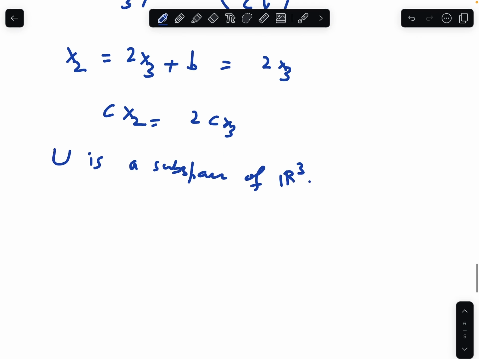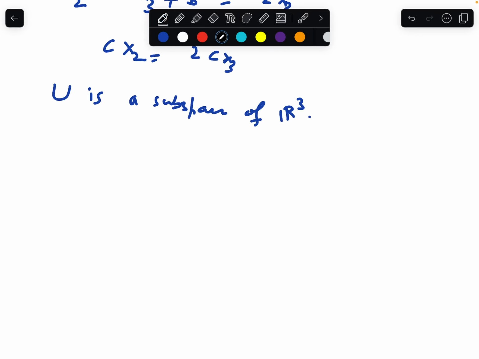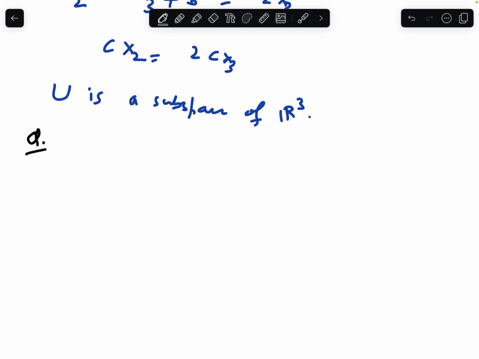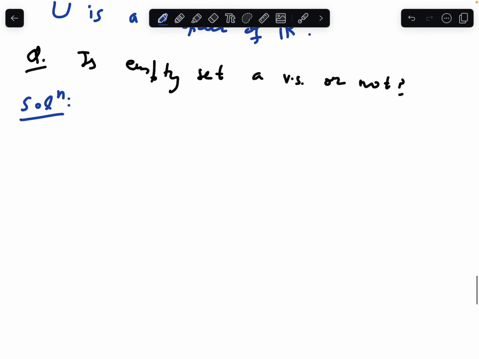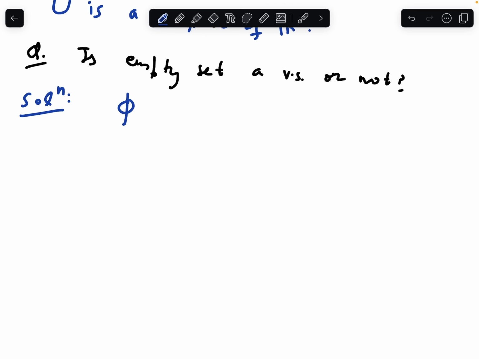So yesterday I asked you a question, and the question was, is the empty set a vector space or not? So did you think about this? Well, the empty set contains nothing. It's a set that contains nothing. That is, the empty set does not contain